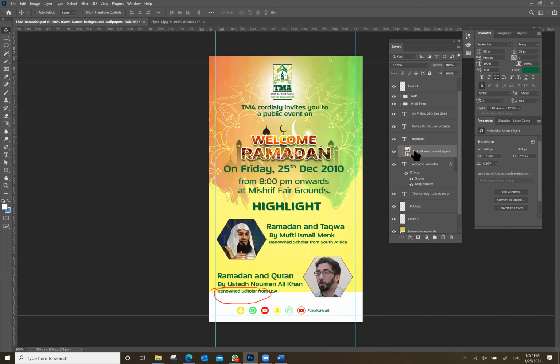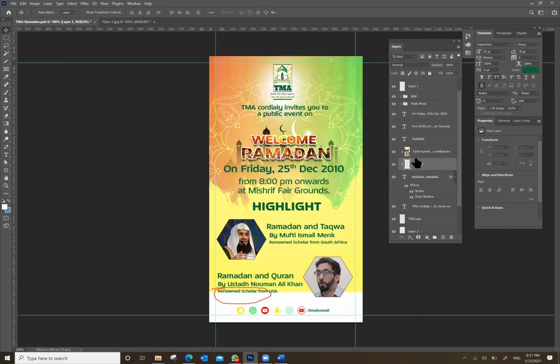Okay, and not only one layer, you can have multiple layers for masking. For example, I will create one more empty layer. I will bring it down so that now inside the Welcome Ramadan word, there are two layers.